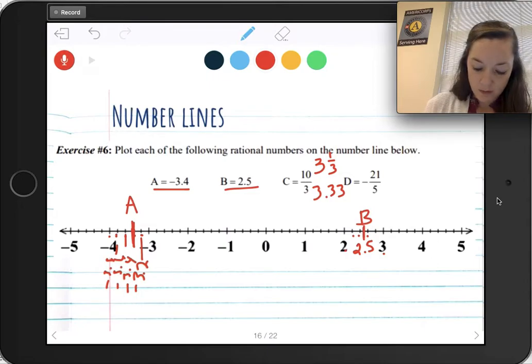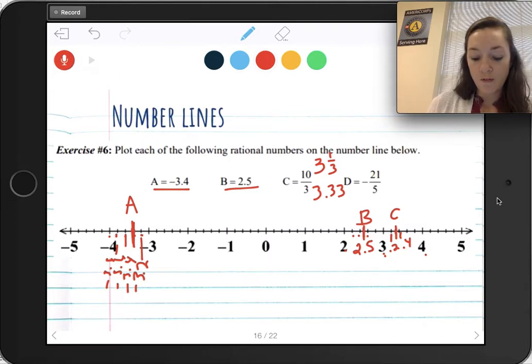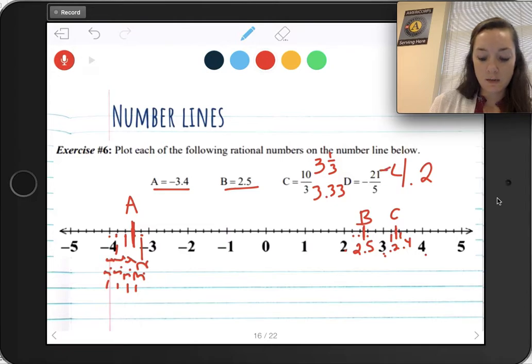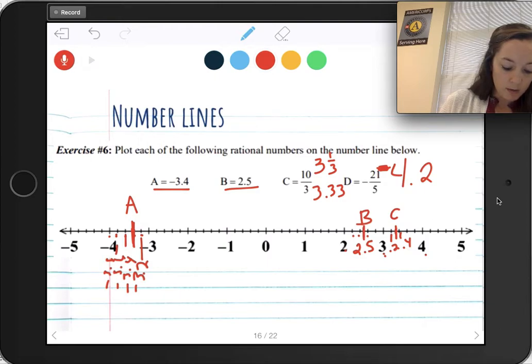Okay, great. So let me find 3 and 4, and I'm looking for 1/3. I know this is 0.2, this is 0.4, so it's going to be somewhere between 0.2 and 0.4 for C. And then D, negative 21 over 5. Well, I know that 20 divided by 5 is 4, and then I have 1/5 left over, which is 0.2. But I don't need to forget my negative symbol. So negative 4.2. We know that we're counting by 0.2, and this was negative 4, so negative 4.2